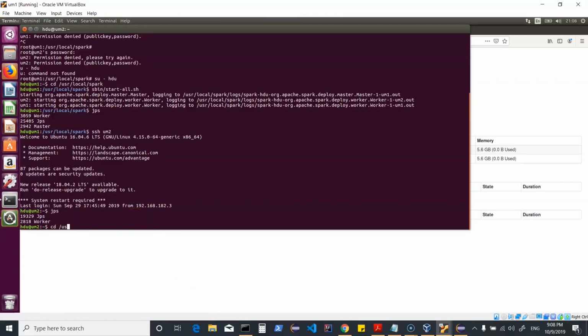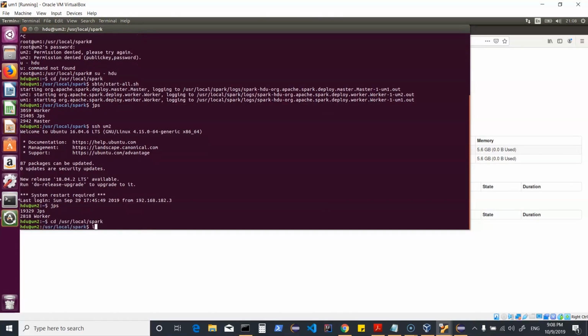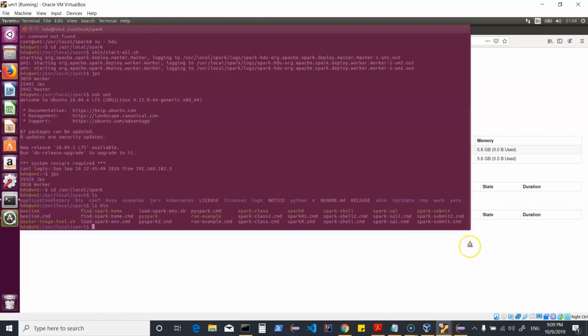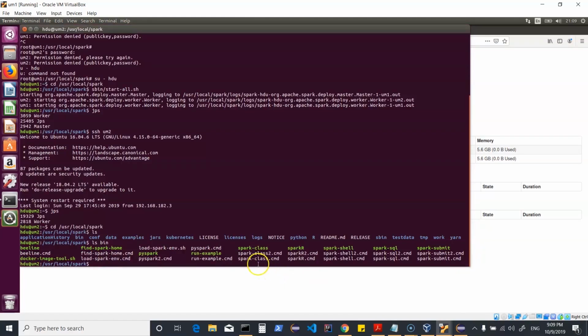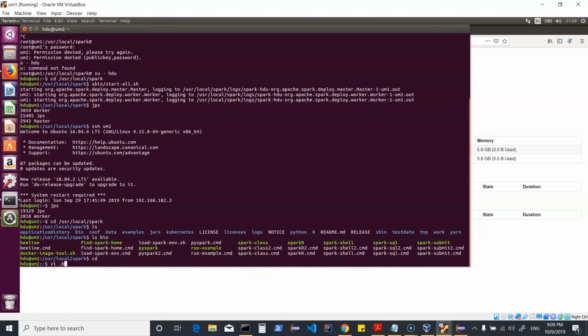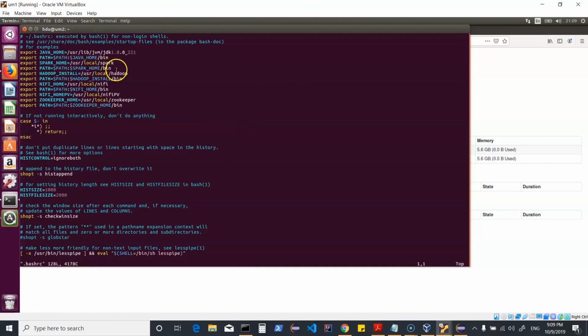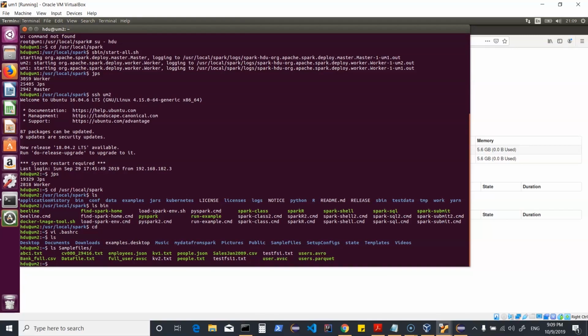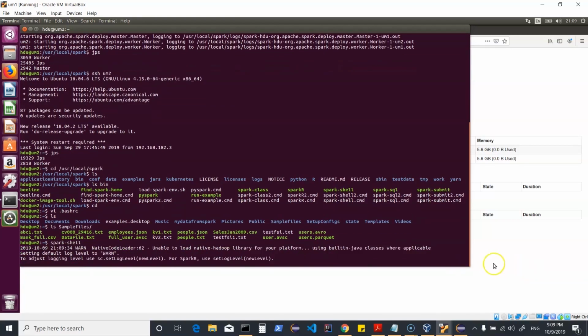So I can go into /usr/local/spark, and then I can see that I have a bin folder which has my programs or binaries which we can use. We could be using that from anywhere because in my bashrc I have set up my Spark path, so that will allow me to give my Spark commands from anywhere. And here we can also see that I have some data in sample files. We can pick up one of the files here which we can then use to create a data frame. So I can just say spark-shell from my home directory where I will target a JSON file which is already here to create a data frame.